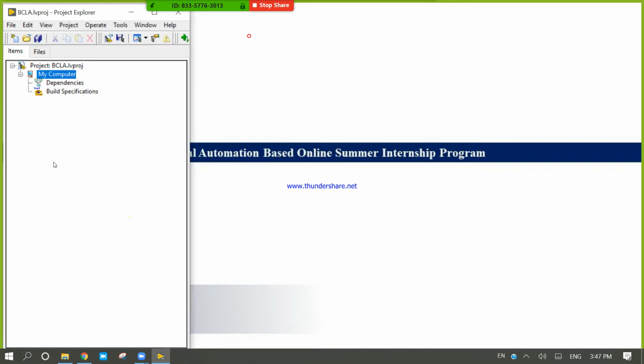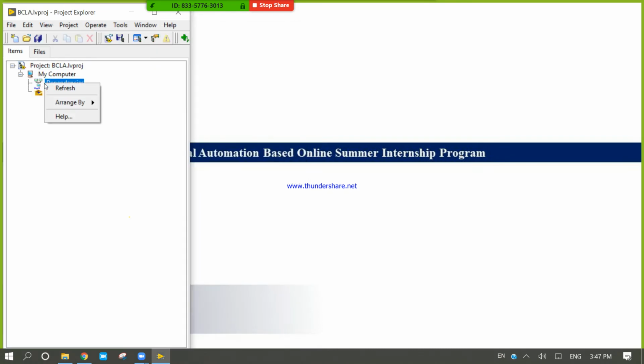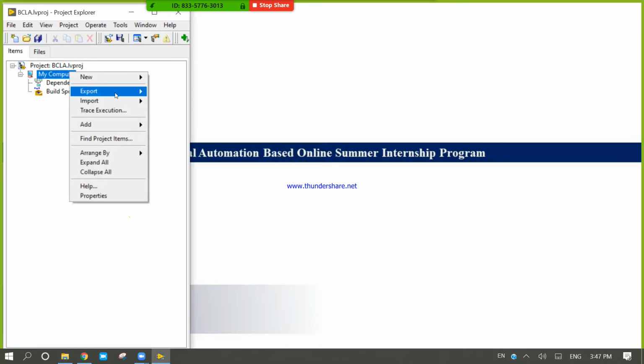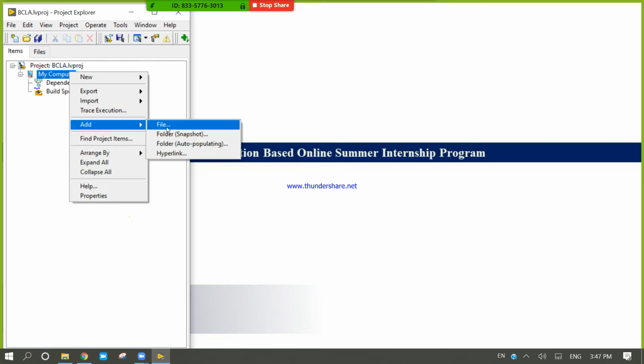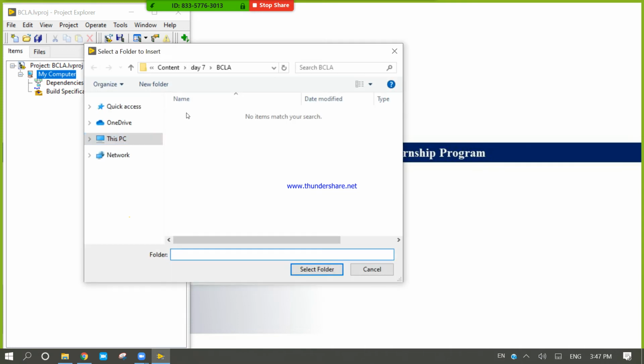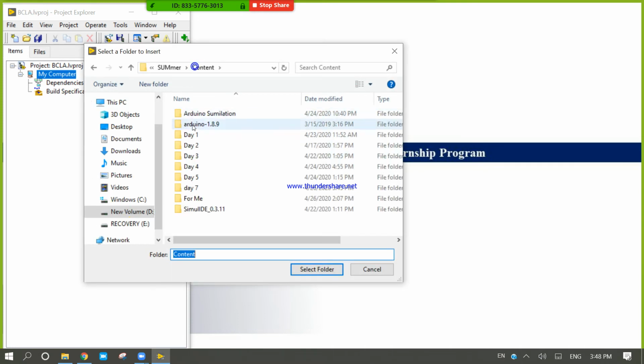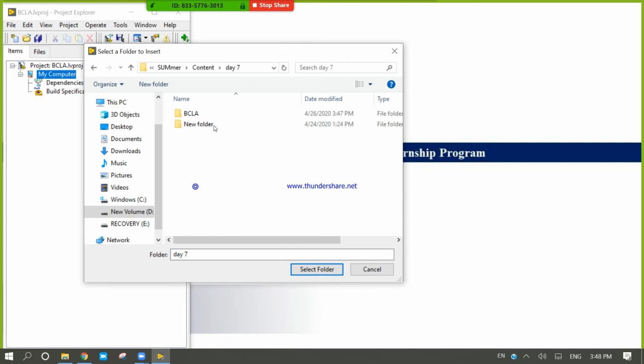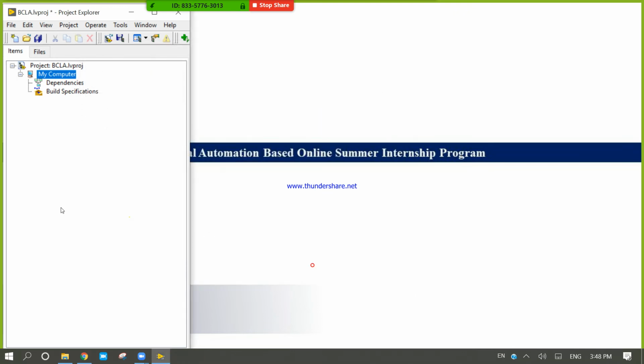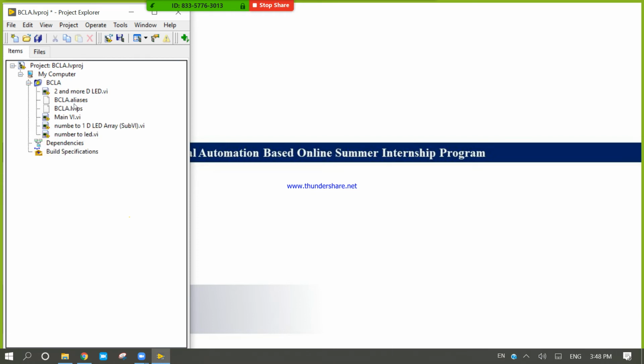Here I will add the folder, as an auto populating folder. My auto populating folder is inside D. Inside here these ones are present. There are no dependencies right now.